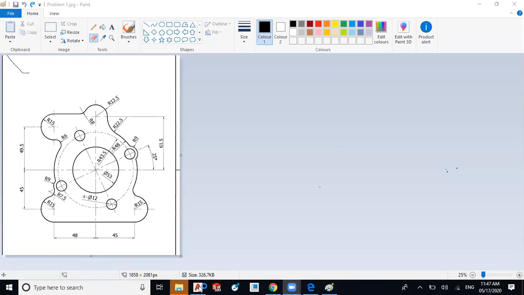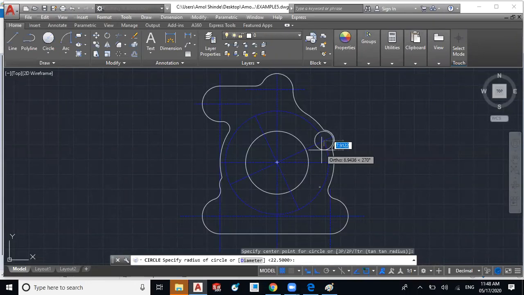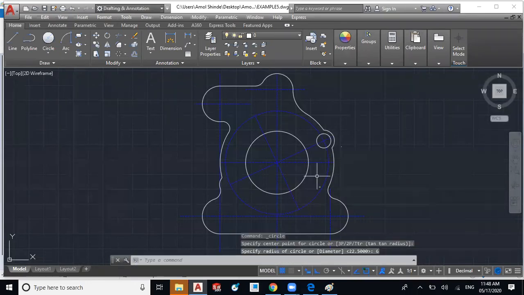Polar array. Okay, to do the polar array, first we have given the condition that this line is at 25 degrees from this x positive, so we have created this line at 25 degrees. Then we have created one object, that is the parent object, and the radius of that parent object is given 6 mm. So I have created the circle at this location of 6 mm. Now this pitch circle is also already created,